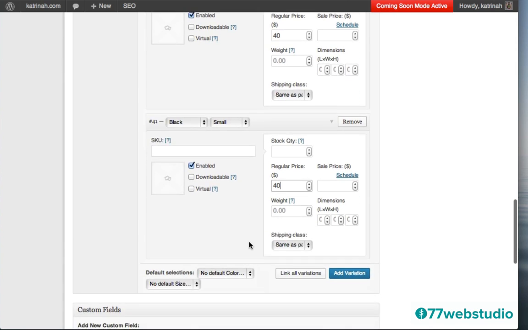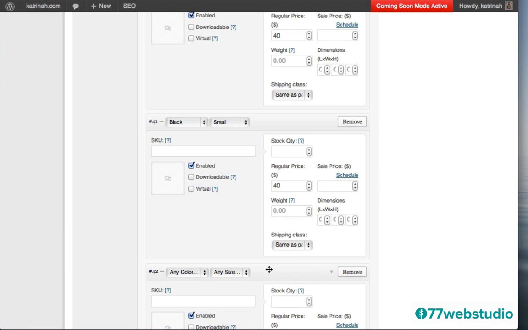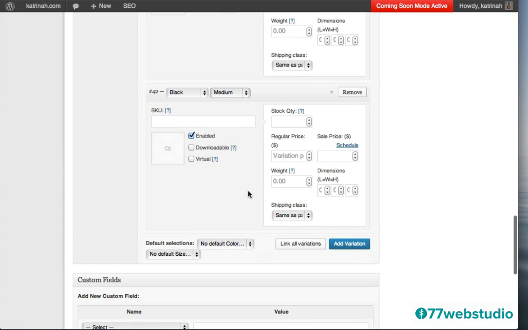So for this one, just to save time, I'm not going to add every single size for black, but I will just give it one size. So black for this instance will come in small, and let's see, I'll also add a variation. I'll also make it available in medium. So I'm going to click on black, give it a size of medium. And I'm not going to add the other sizes just to save some time here, but you can see if I wanted to, I would just add large and extra large as well.